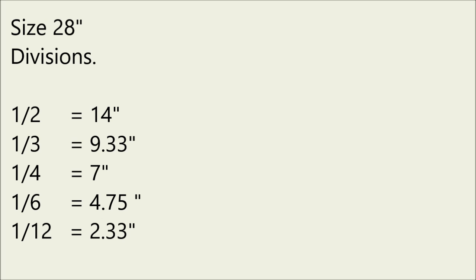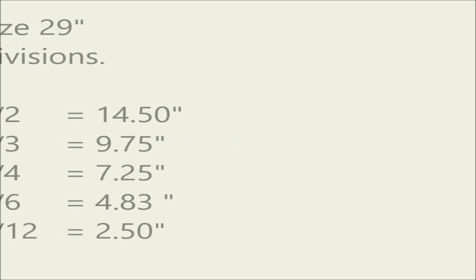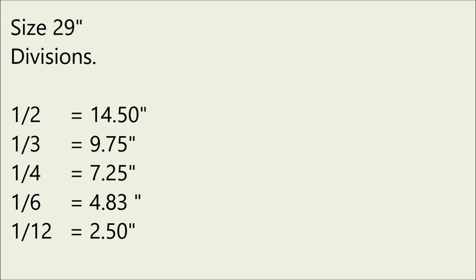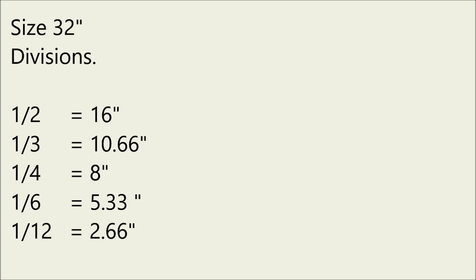Some of these divisions are given in odd numbers, that is 2.33, 2.08 or something like that. So if your neck measurement division is coming 2.33, then you can make it a round figure. Like you can take it as 2.50 or 2.25, whichever suits you as per the body structure of the person you are making the dress for. You can make it a round figure, upper or lower.